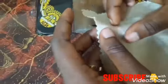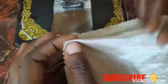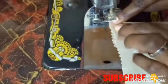So this is the line that we drew the other time. So we are going to pick it like this, just little. Then we'll take it to our machine and just